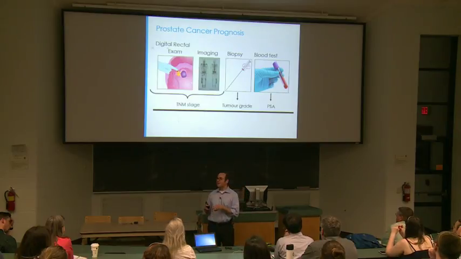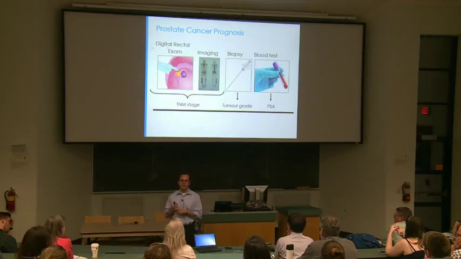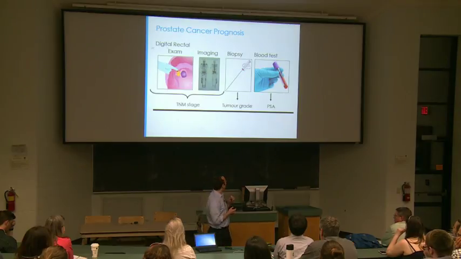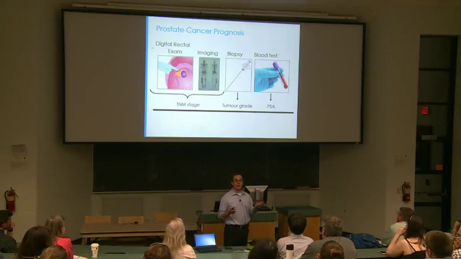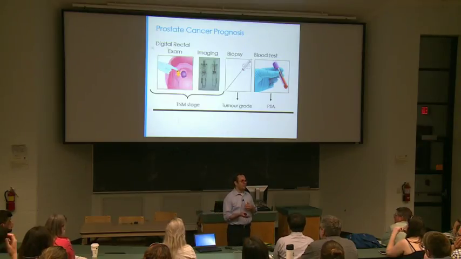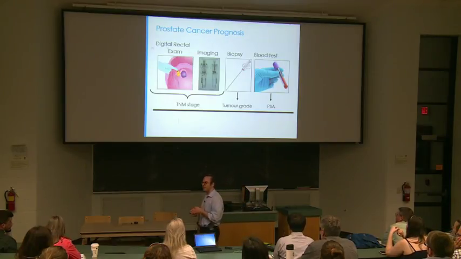To put that in context, prostate cancer biopsies are on track to become the single most common medical procedure in Canada by 2030, with a 3% chance of sending a guy to the emergency room. On top of that, we use a digital rectal exam in lieu of imaging. And a digital rectal exam means a physician inserts a lubricated finger into a man's anus, palpates the prostate, and tries to determine if there's a bump to see the presence and extent of the disease. And that's it. That is current state-of-art treatment in prostate cancer,